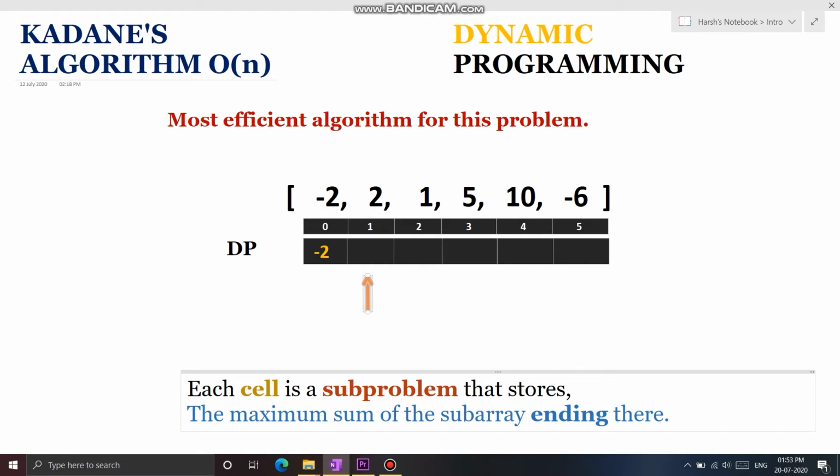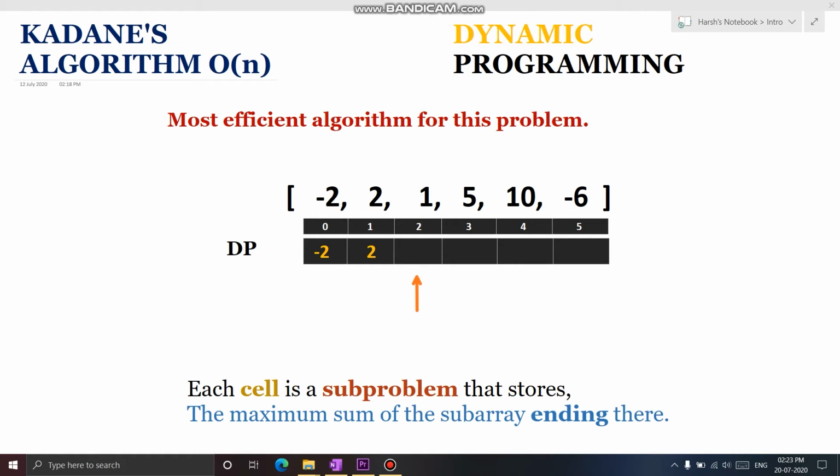And if we decide to expand the existing subarray whose sum is negative 2, then the sum of the new subarray would be negative 2 plus this element, which is 2. So negative 2 plus 2 equals 0. So we have two subarrays. First, a subarray of sum 2 and second, a subarray of sum 0. And the subproblem was to find out the maximum subarray sum. So out of these two choices, we are going to pick the subarray that gives us maximum sum. Therefore, the answer to this subproblem would be 2.